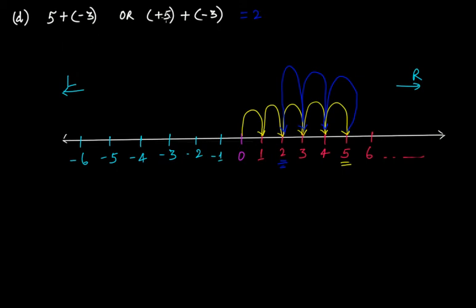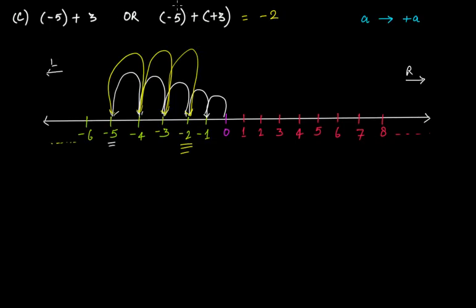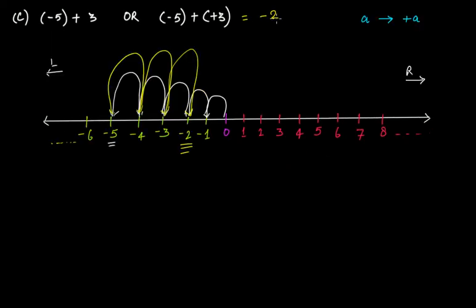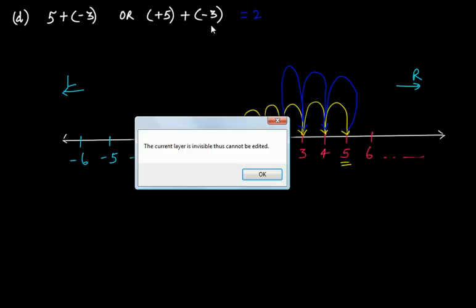Now this was plus 5 plus minus 3 and you got 2. In this case it was minus 5 plus 3, you got minus 2. We interchanged the negative sign in this question. So you got 2 here and you are getting minus 2 here. So if you look at this addition and this addition carefully,